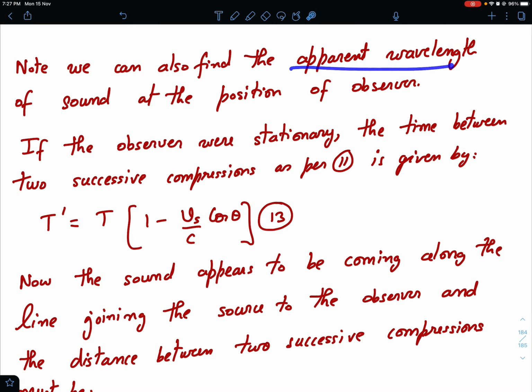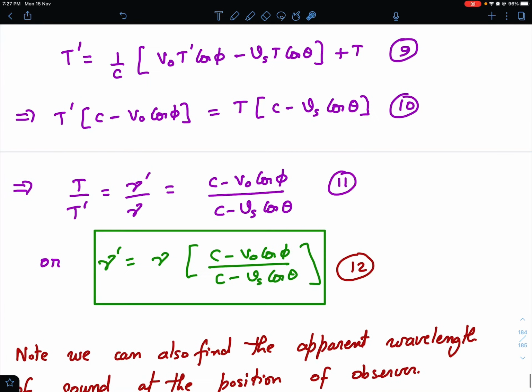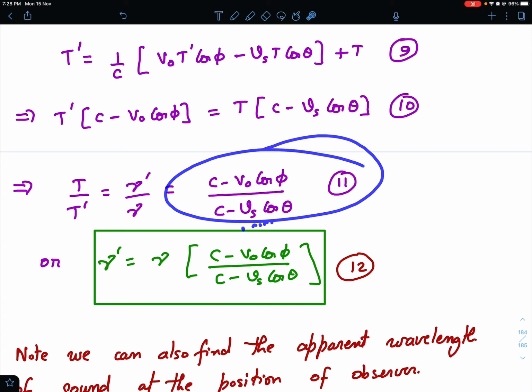Let's not call it apparent, because it's actually the actual separation between the wavefronts. So this is also the observed wavelength, and this is also the actual wavelength, because that's the separation between the two wavefronts in the medium at the position of the observer. So if the observer were stationary, the time between two successive compressions, as per equation 11,